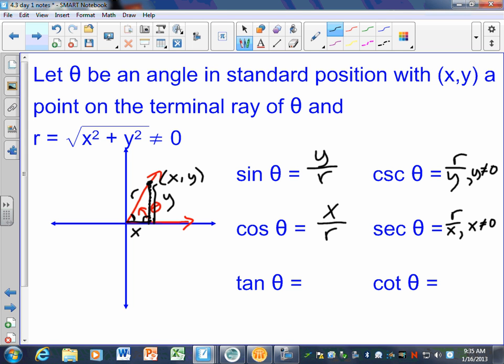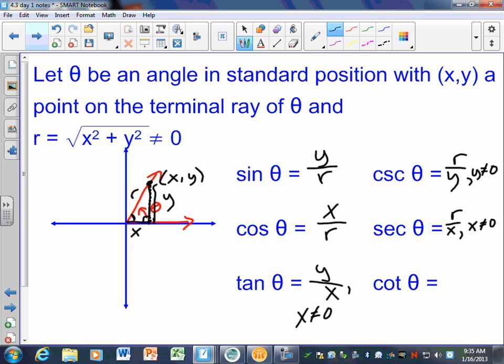And we can do the same thing with tangent and cotangent. Normally we think of tangent in a triangle as opposite over adjacent, but in terms of the point on the circle here, opposite would be y, adjacent would be x, so that would be y over x, and probably we should say that x couldn't equal 0 or that's undefined,